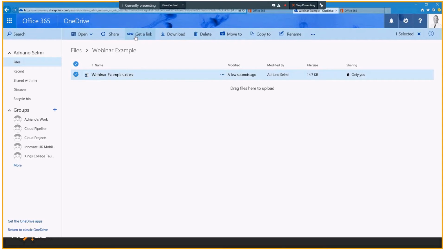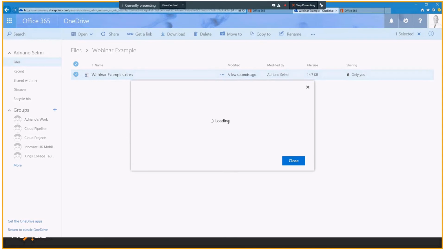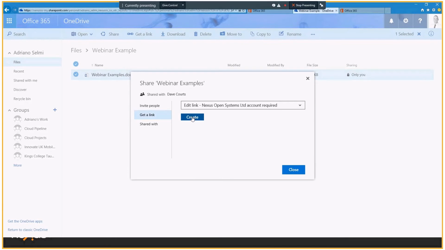So if I want to send out a link to people, you can see, create a link. I can tell them they can either edit it, a restricted link, so people can only view the document, a view link, so they can come in and actually look at the doc. So the difference between these ones over here,